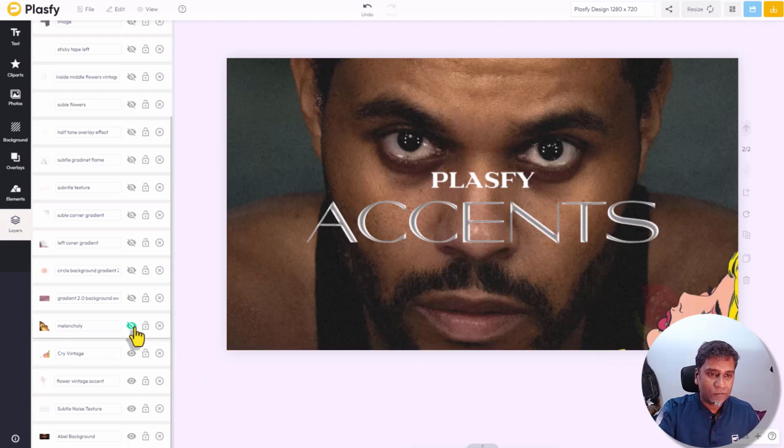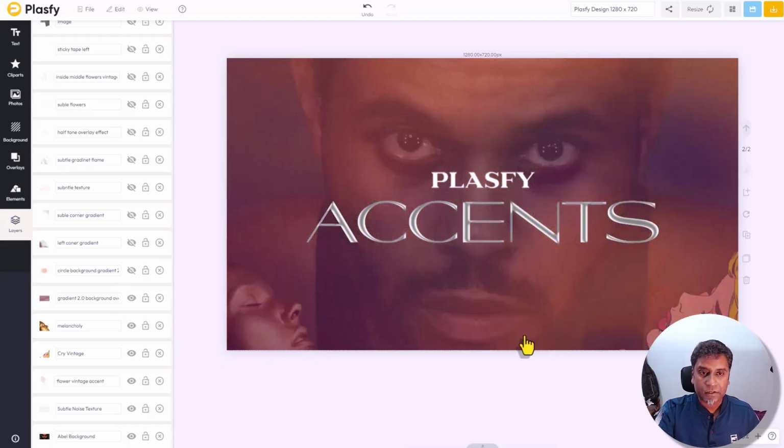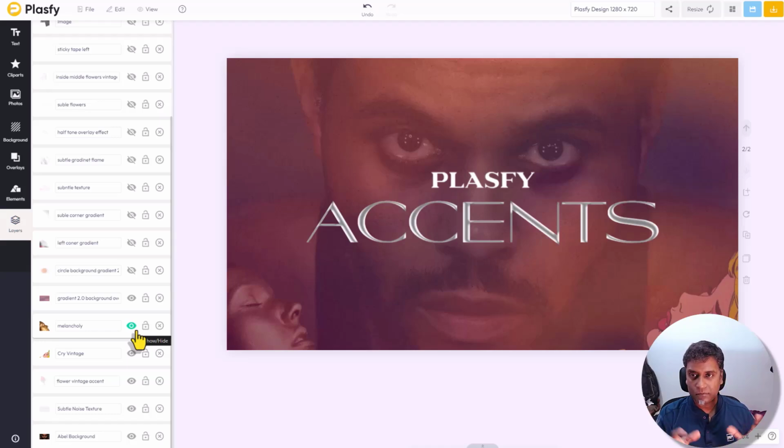Then we have another one here, melancholy. Then we have a gradient. So we had a texture overlay, we have a gradient, and again, not all of these are from the accents piece of the clip art section. Some may be from the textures, but that's okay, you get the idea.